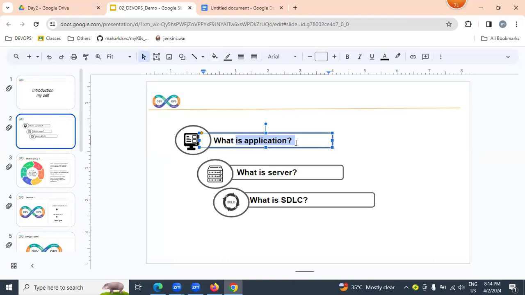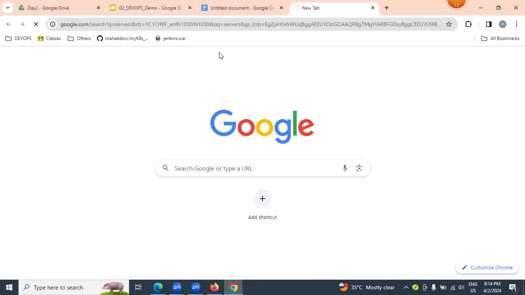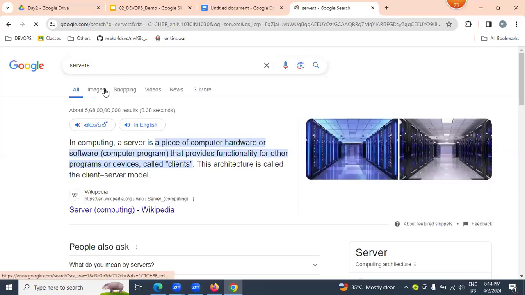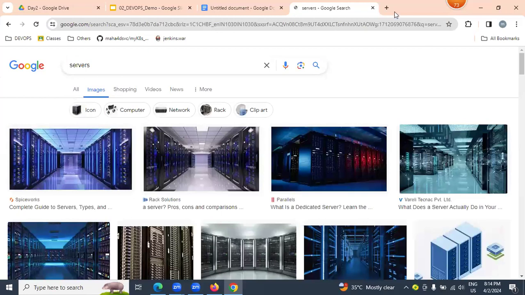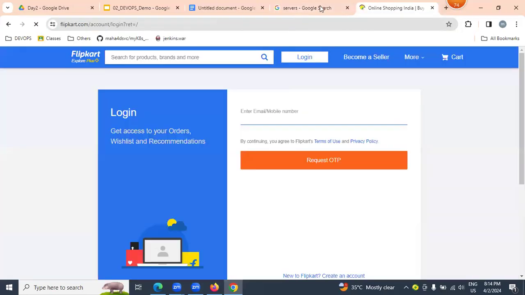That application is going to be placed on the server side. Once it is placed on the server side, we can access it on the internet as a website, whether it is working or not.